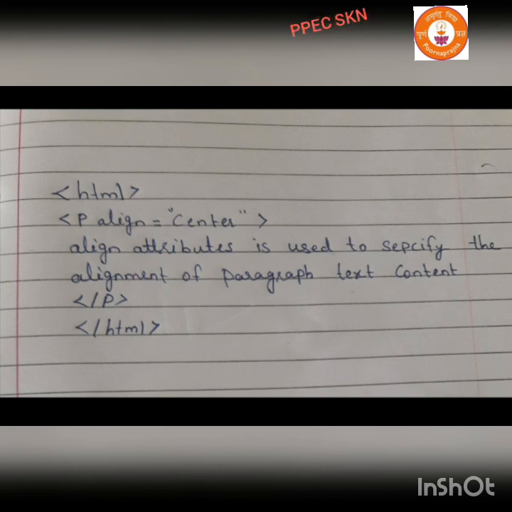After that, for closing, you need not close the align option. You close only with /p. So you start your paragraph from the center and close only the p paragraph. After that close HTML. Then as usual you can save the program, open it and see the program in any web browser. So you can see your output, the paragraph starts from the center of your screen. This is the example for the paragraph tag. So each example you should type in your system and see the output.